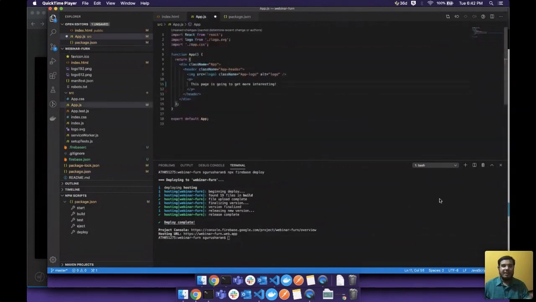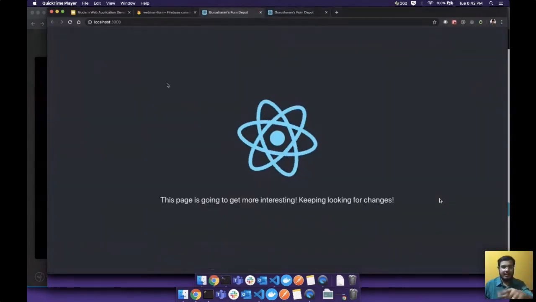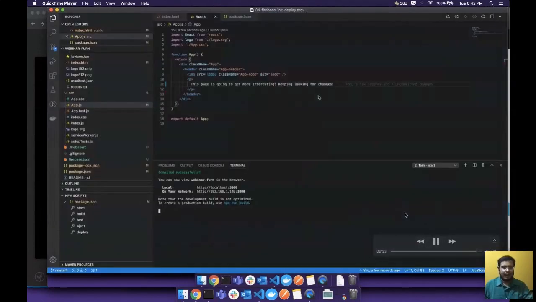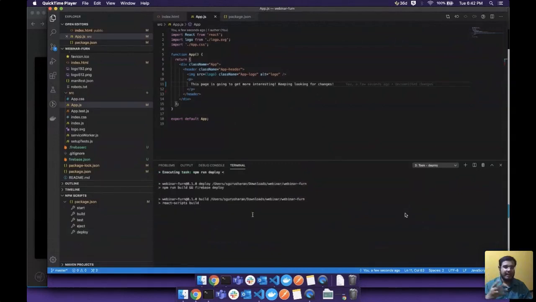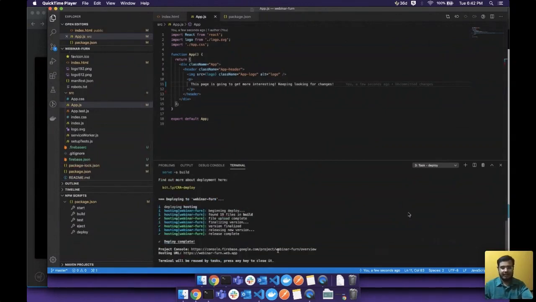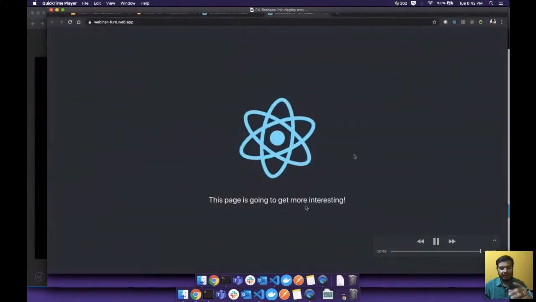So let me make some change and deploy it right now. So I say, keep looking for changes in this page. I know there's a typo there, but you can forgive me for that. So the application is running already. It refreshes automatically. So I go to my local application here and I see the changes. So let's deploy it now. Now, instead of saying npm run build and npx firebase deploy, I just say deploy. It builds it and it also deploys it, right? You have the link ready there. Now, let's click the link or refresh the old page.